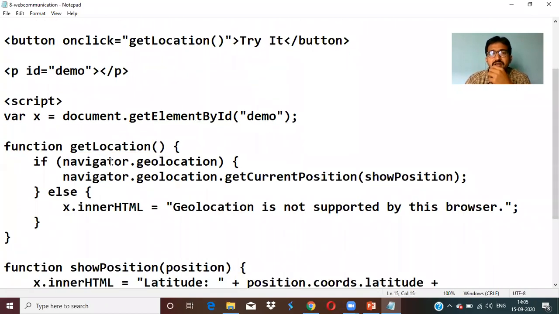Navigator is like a browser object, like the alert dialog boxes, where it accesses navigator.geolocation. It gives the current position.